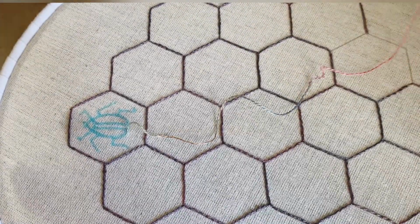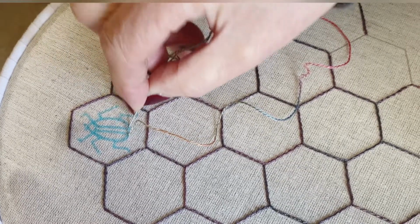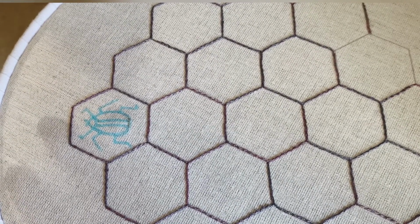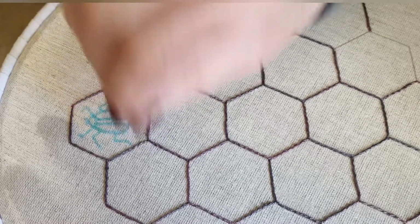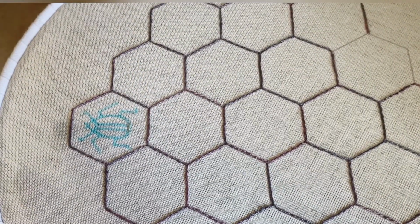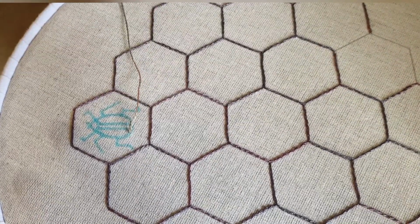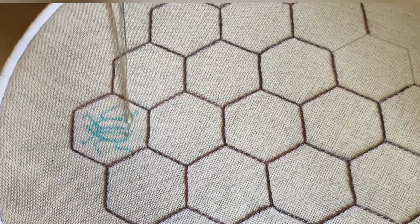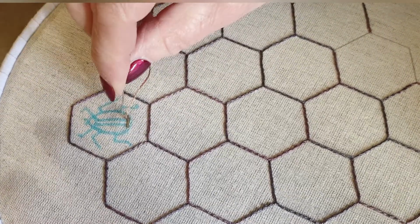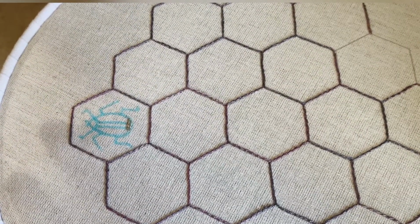If you're right-handed, come up on the left, just at the bottom there, so not in the middle, we're starting at the bottom, and take your thread over to the right, and then come up immediately above it on that first line and do a large couching stitch underneath to hold that thread down, and then come up immediately above where you started, go down all the way across on the line, come up to the next line and couch that thread down, taking that long stitch, and then